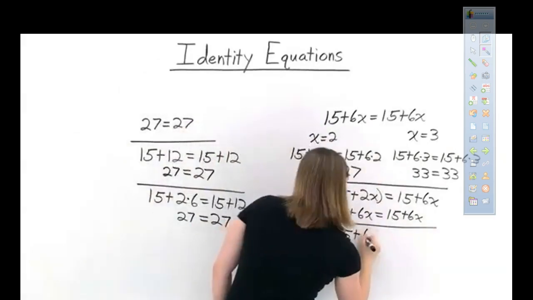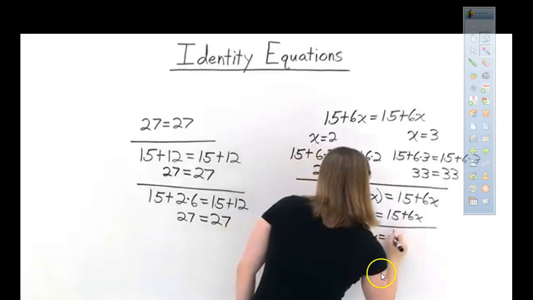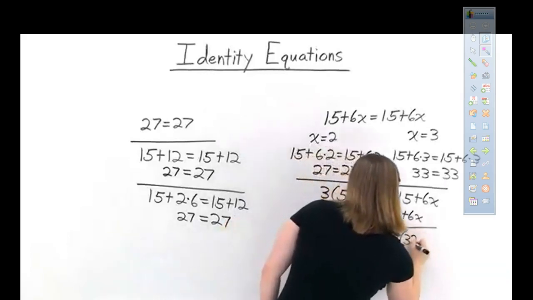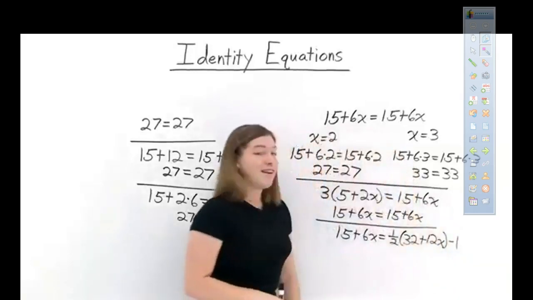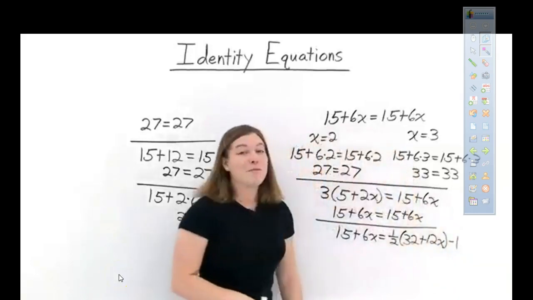So now she's going to give you another problem, 15 plus 6x equals 1/2 times 32 plus 12x minus 1. So I want you to look at how ugly that equation looks on both sides. But if we simplify it, it comes back in that it's still 15 plus 6x, and this is going to be 15 plus 6x. And so if you subtract the x's first,